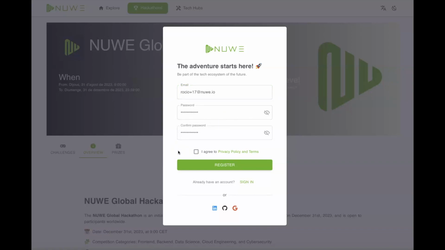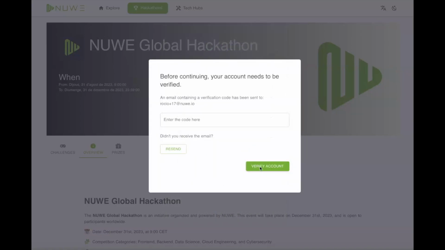Once you have read privacy policy and terms and conditions, you can click to accept them. Afterwards, you can register. Check your email because you will have to enter a code to verify your account. Click on Verify Account